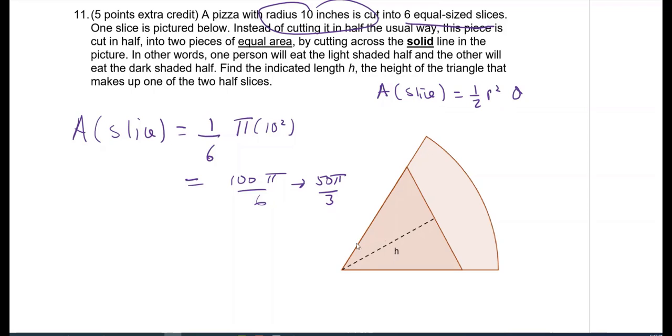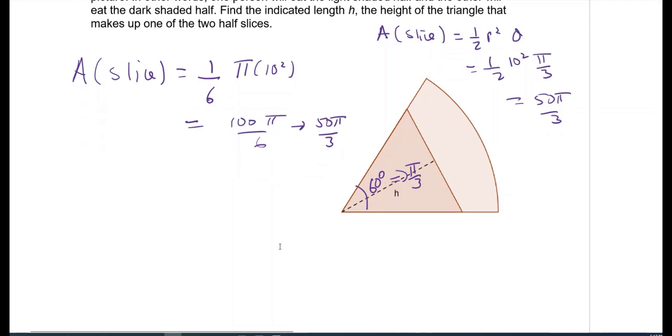In this case, this theta here is 1/6 of 360, so that's 60 degrees, which is pi over 3 in radians. And you have to use the radian measure for these area and arc length formulas to be meaningful. So this becomes 1/2 times 10 squared times pi over 3, which is also 50 pi over 3. So no matter how you slice it, no pun intended, that's the area of the entire